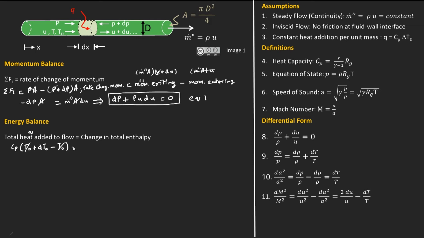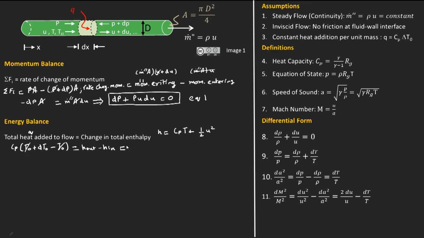Alright, now let's equate this to the change in total enthalpy. But before we do that, we need to know what is the total enthalpy. The total enthalpy H, as you've learned in the earlier parts of this course, is nothing but Cp times T plus half U square. Again, this is written per unit mass. Therefore, we know that the fluid exits the control volume with certain total enthalpy, and enters the control volume with certain total enthalpy, and we are trying to see what is the change in that total enthalpy. Therefore, H out minus H in,